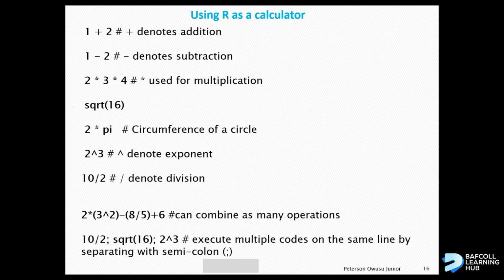A script is basically a file with R codes that we'll go through and see how they come out. So we can use arithmetic operations. And what you realize is that in the first line, only adding 1 and 2, everything else after the hash sign is a comment. If you remove the hash sign and run, there should be an error because that statement is not code. R doesn't understand it as a language.